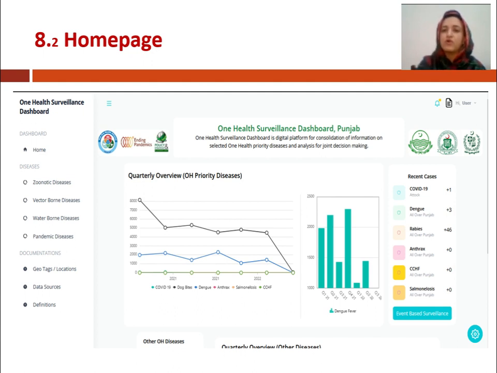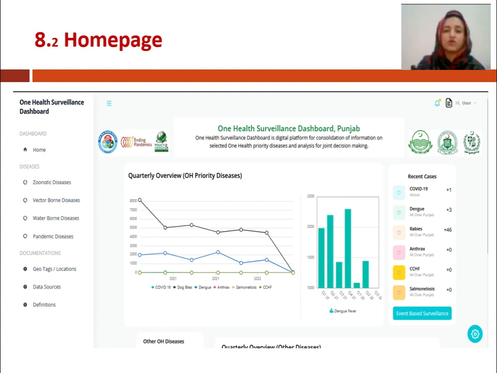On the top right corner of this slide, we can see a bell icon, which is for the alert generation. How will it work? If the number of cases of a specific disease rises beyond a threshold, an alert will be generated automatically, and just adjacent to it, there is a provision for notification. An email will be sent to all the pertinent stakeholders in order to control that increasing number of cases. So this dashboard has the provision for alert generation and notification.